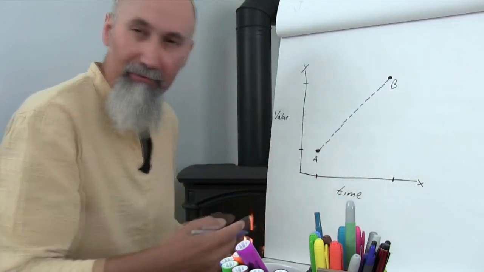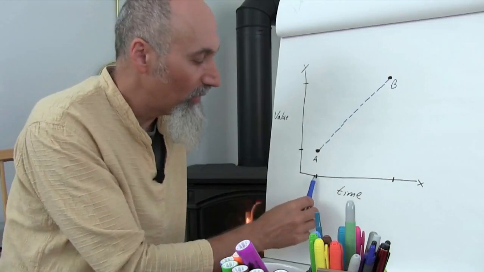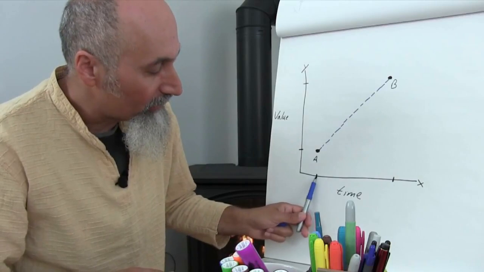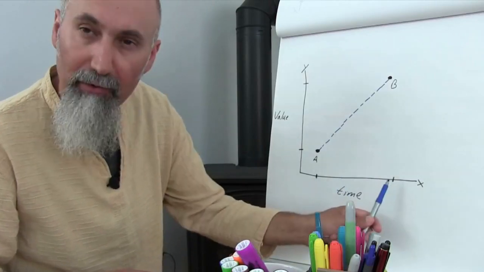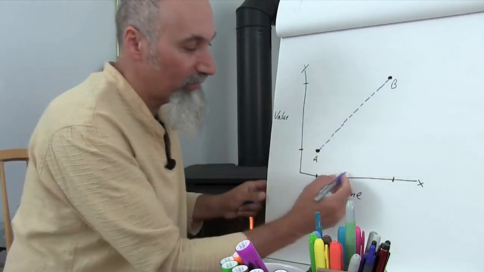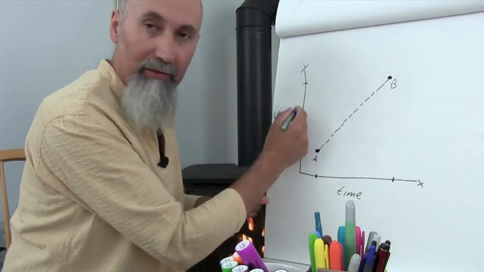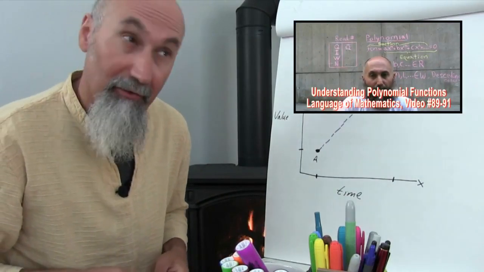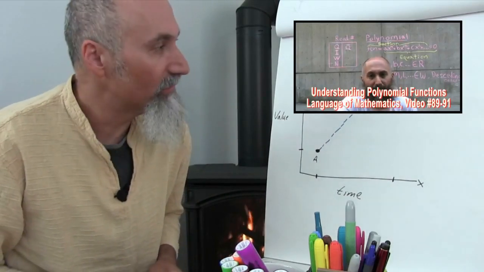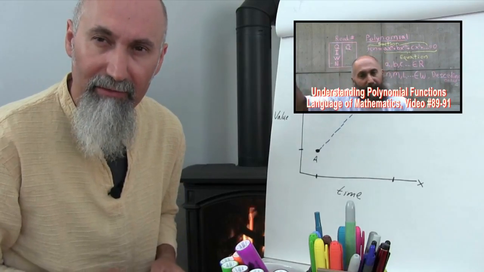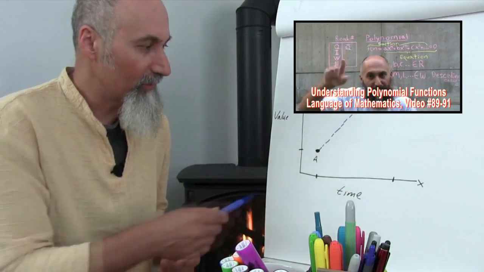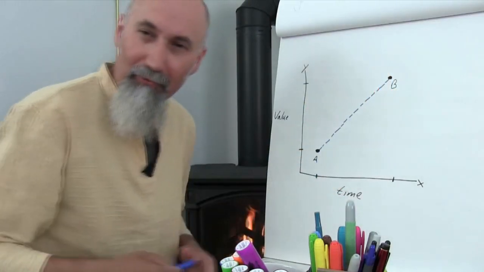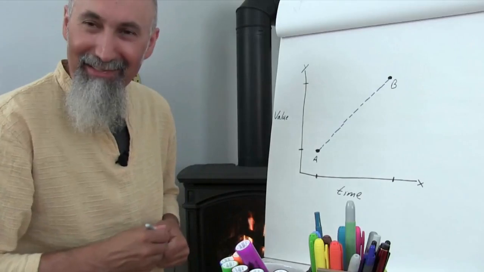And a line, a linear function, is continuous because we know what the worth of this thing will be at any time along this movement from this point to this point, right? Simple as that. If we want to figure out what this is, we figure out the value, right? We talked a little bit about this, graphs and functions, our polynomial functions in series 3a and 3b of the language of mathematics, right? And we did a little bit of finding the slope and stuff like this, and you can figure out the slope, the growth rate, and how this is expanding.